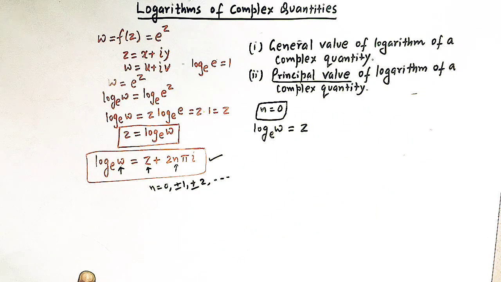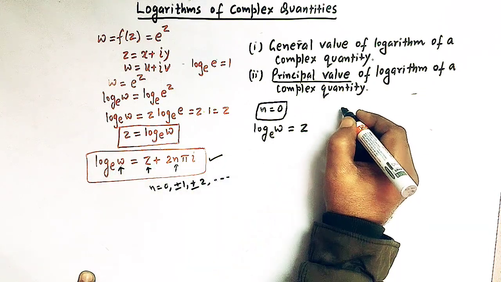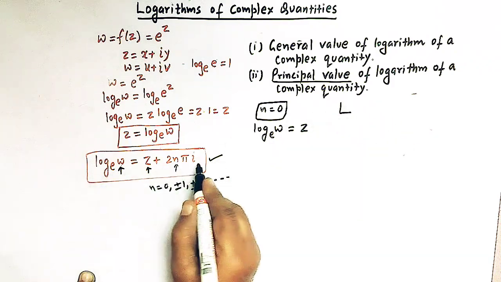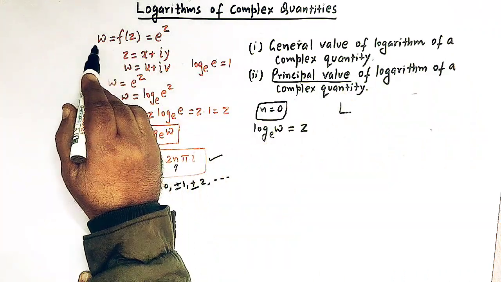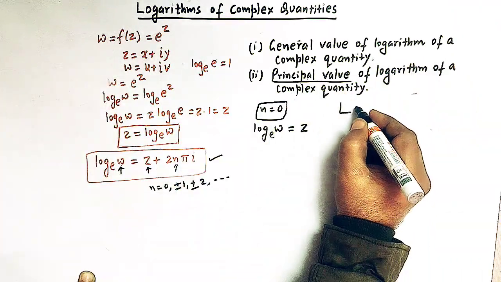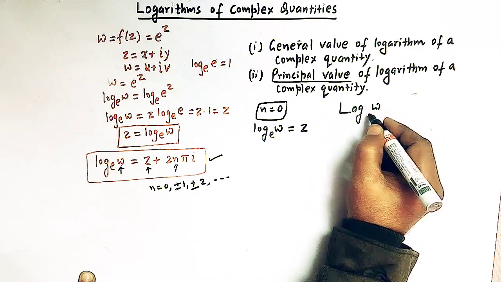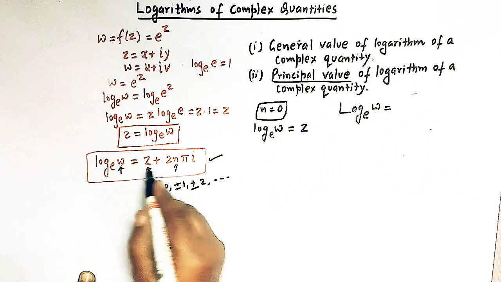So the general value of the complex number w is denoted by the capital letter L, right? So now we can write the general value of the logarithm of this complex quantity w as capital L, and here we have log, and here we write w, here we have the base e, and we can now write